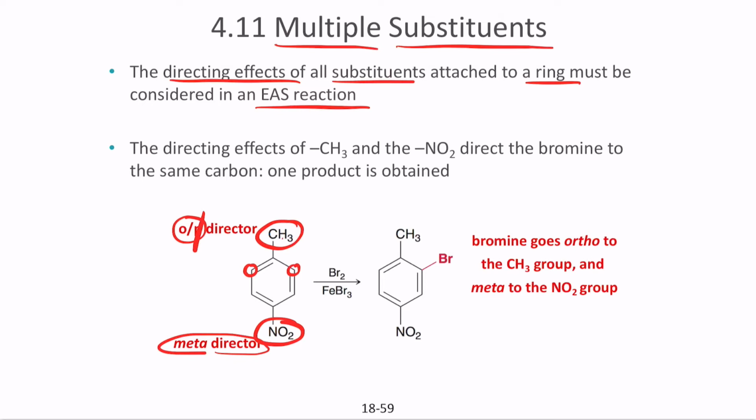What is ortho for the methyl group is meta for the nitro group, so that's why bromine will attach itself onto the position where it is. Notice that for nitro, this one is meta, and this one is ortho. Because it cannot go in the para direction, it attaches to ortho, because that's the common space for both of them. It can attach onto para, but for nitro the directing substituent is meta, so it cannot attach there. That's why it attaches onto that particular position. So when you are using these reactions with multiple substituents, you have to consider the directing effects of both substituents so that we understand the structure.